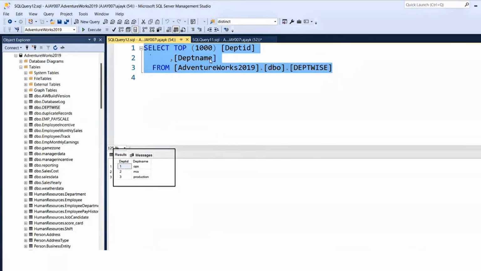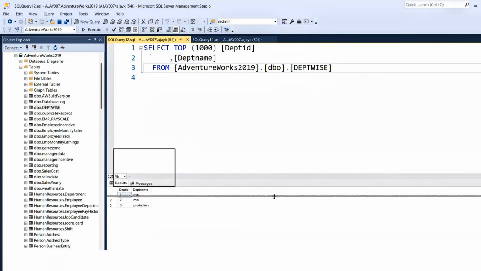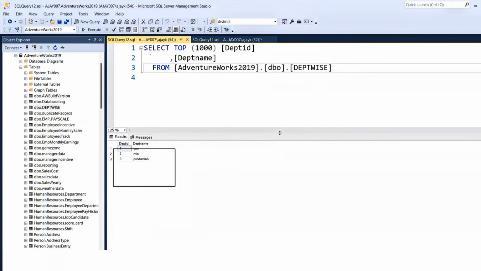This is like coding, if you know coding, VBA or Python, isn't it? There also we do the same thing, right? But we don't call this coding. This is SQL. So you will always see your output here. And this window, we can increase the height and the width depending upon the kind of data that we have. Once we are okay with this output, we say, okay, fine, now we can use this.